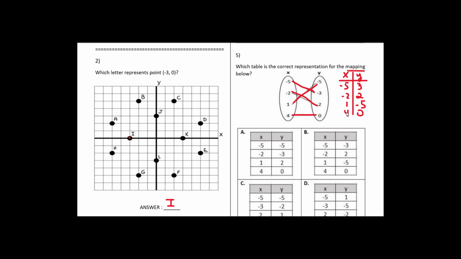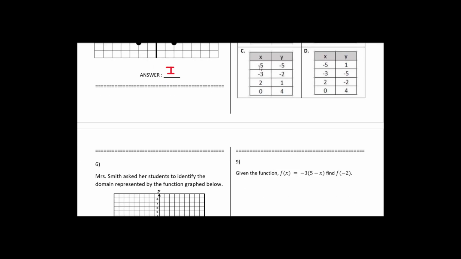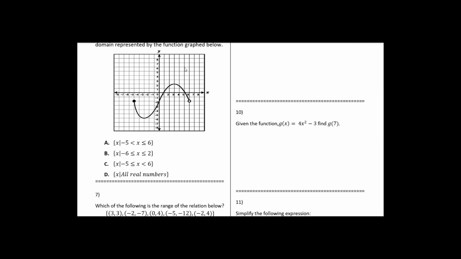Once you build your table, then you just compare to the ones on the multiple choices, and you try to figure out which one is correct. And I've noticed here that I made a mistake. This is -5, -3. And I see that letter B is the one that matches my table there, so it'd be letter B. Okay, let's go ahead and go on to the next problem. Next problem says,